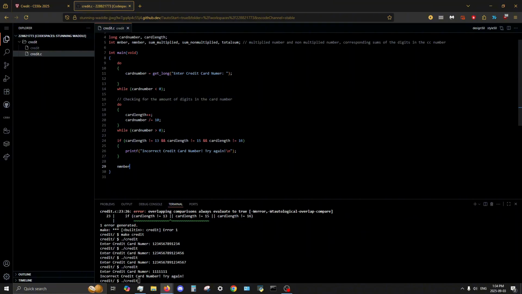I can just try to repeat that, so it's going to be a do. Non-multiplied number is going to be the card number